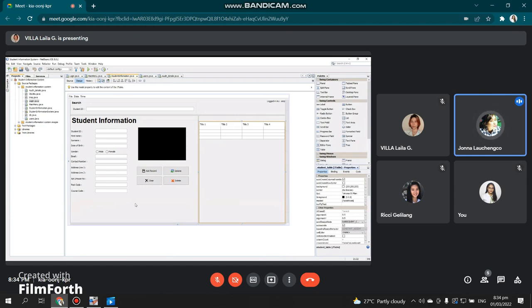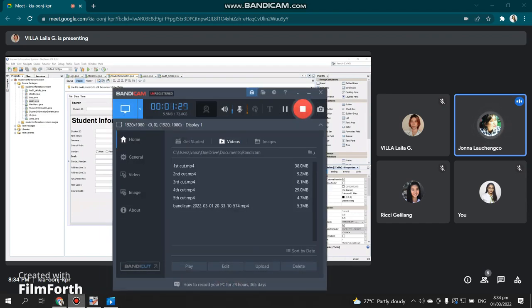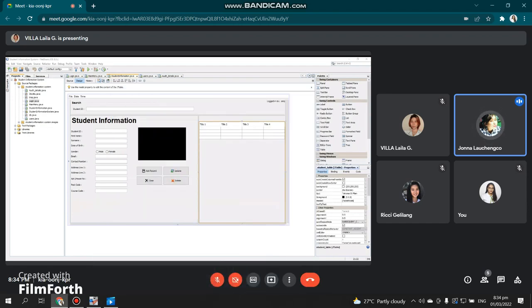So as I mentioned earlier, student information is basically something that is used to collect data points of a specific student. On this part, we have used several functions from the palette, or NetBeans palette, I should say, such as labels, text fields, radio buttons, and command buttons. On this specific one that we have on the screen, we have student ID, first name, the surname, date of birth, gender, so whether the student is a girl or a boy, and then